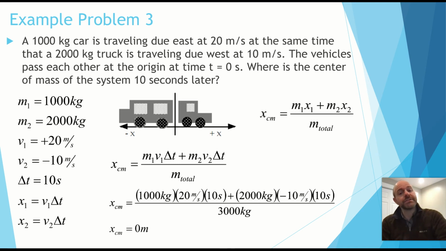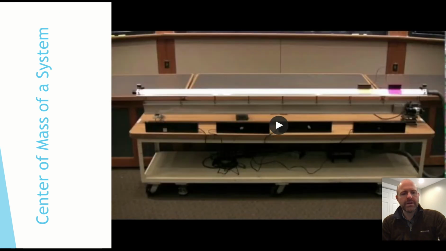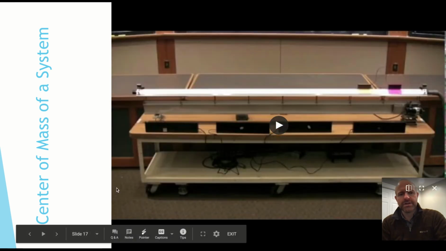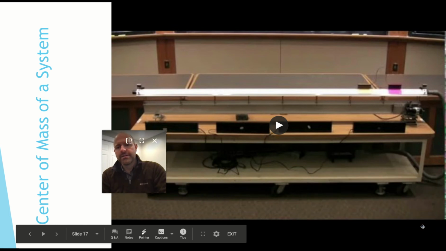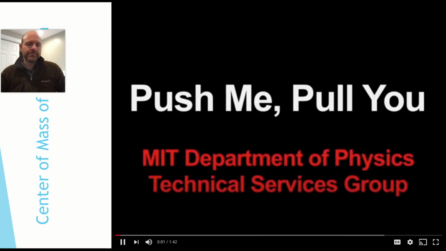It's still at position 0 where it was before, because the double mass truck is traveling at half the speed and the half mass car is traveling at double the speed. A little video here that is an illustration of how this stuff behaves. I'll move myself out of the way. This is an air track, as it will say,